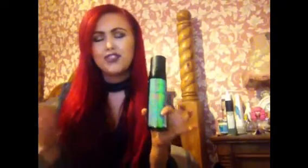I need to get this tan bottle changed. Just exchange anything, because look at my hands. I need to scrub that again. I'm reaching. So if you want that tan for a night out, I would recommend double coating it the night before,